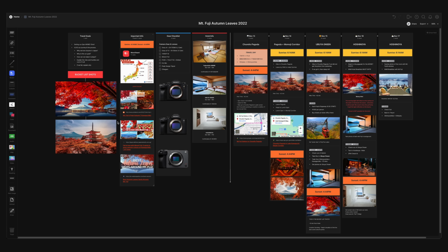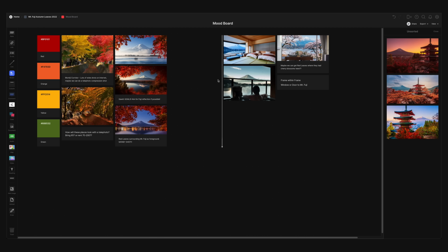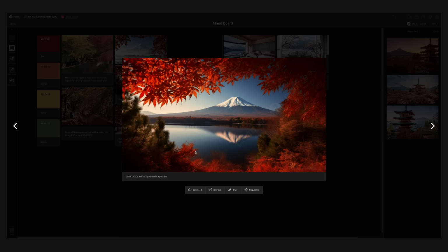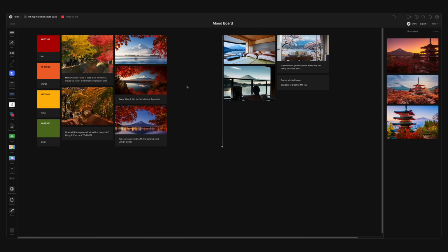But going there for one photo is crazy, so naturally we wanted to capture stuff in the same area. So in comes this mood board here where we gather any relevant photos of Mount Fuji during the autumn foliage. Not only did this hype me up because this is such a sick shot and I wanted something like this, but it also gave me some good insights about the area since we couldn't physically go there and scout prior